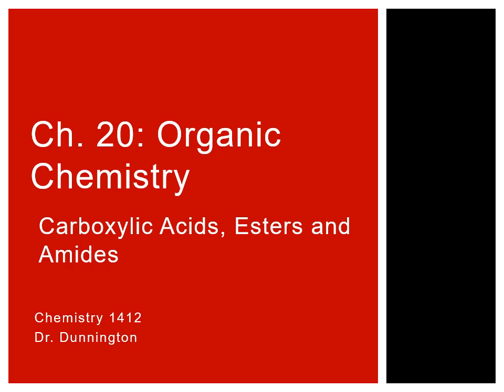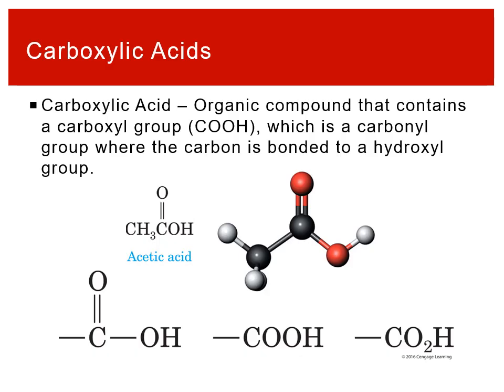Now we're going to talk about three types of molecules: carboxylic acids, esters, and amides. So carboxylic acids are indicated by what's called a carboxyl group. And a carboxyl group, we would recognize it's a carbonyl where the carbon atom is bonded to a hydroxyl